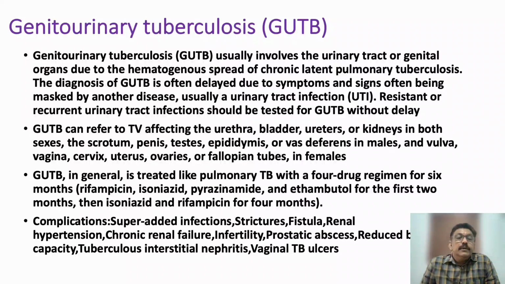So, genitourinary tuberculosis is very common in our country. The most important message from this presentation is when you are getting a culture negative urinary tract infection, repeated culture negative urinary tract infection, always investigate for tuberculosis. You can send urine for bacterial culture, AFB routine can be done, and GeneXpert to diagnose tuberculosis also can be sent, especially if the patient is diabetic. Remember, if you don't treat tuberculosis, especially renal tract tuberculosis, it can produce permanent damage to the genitourinary organs.